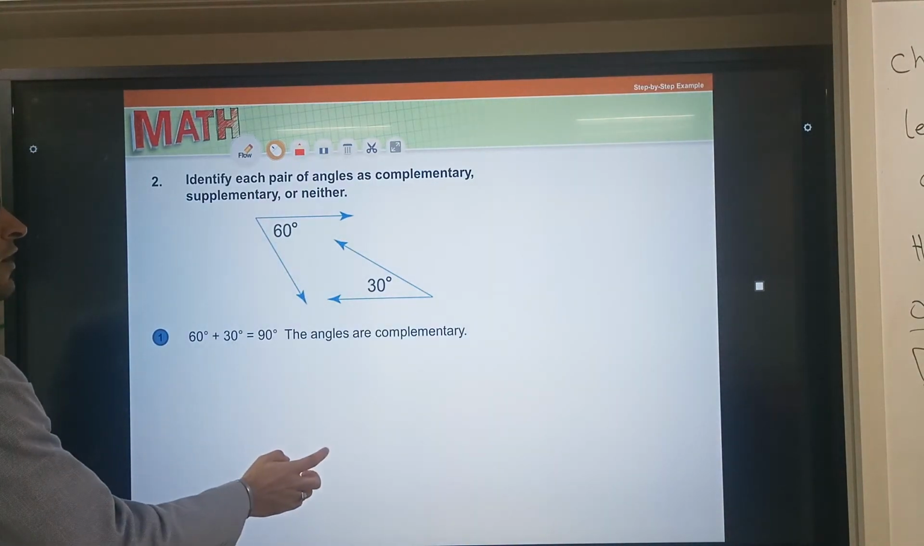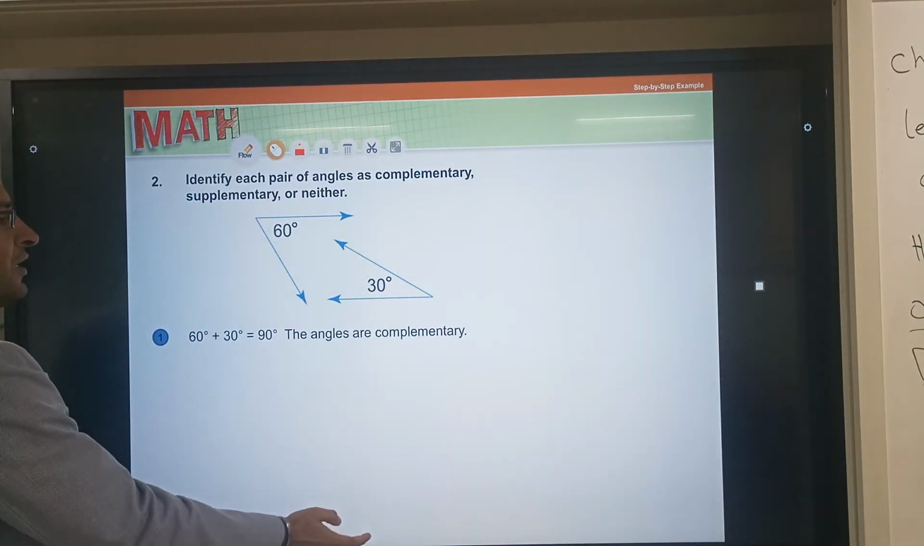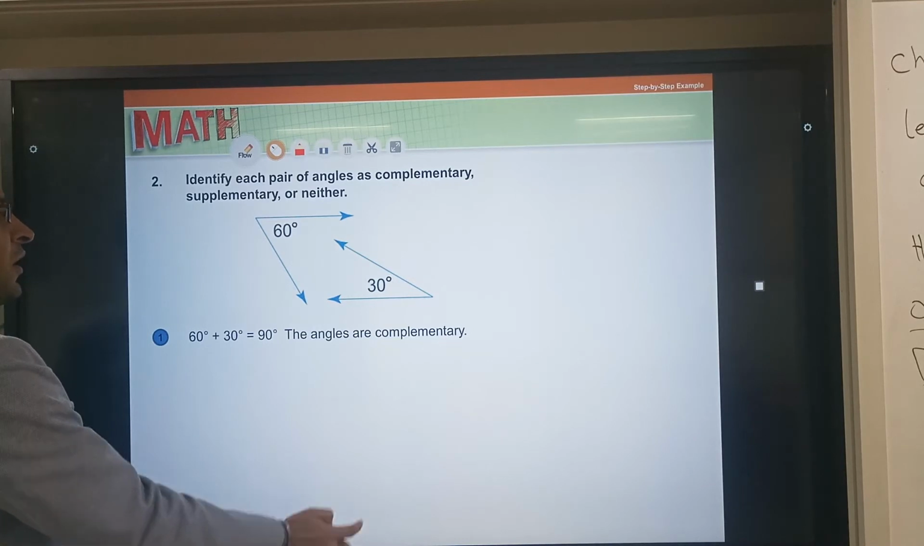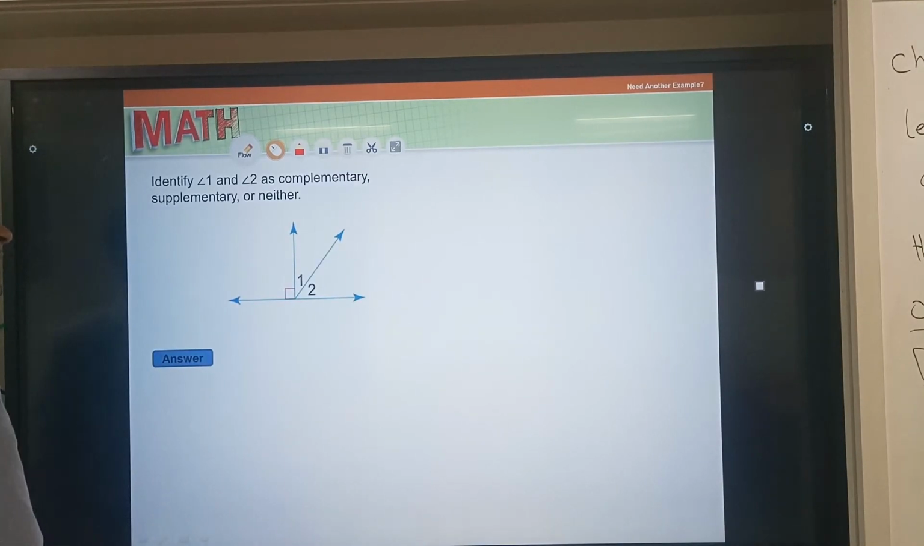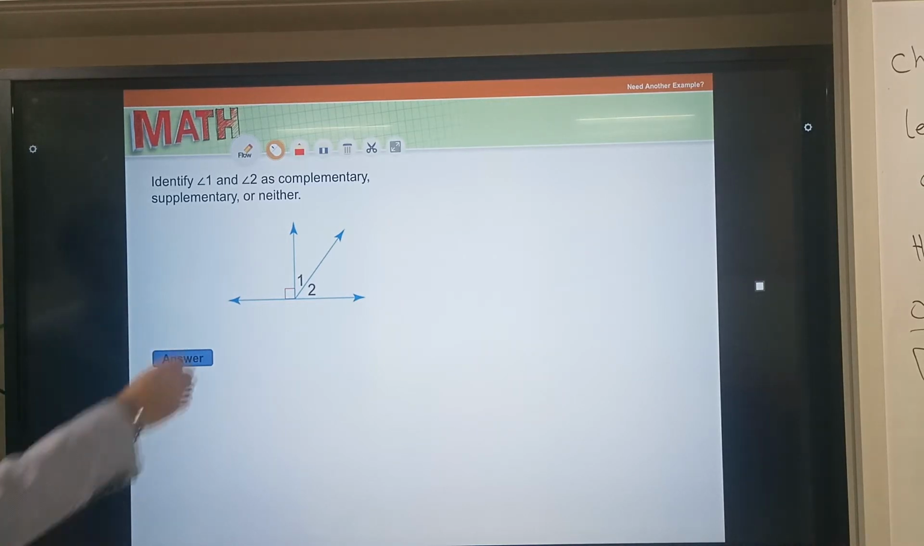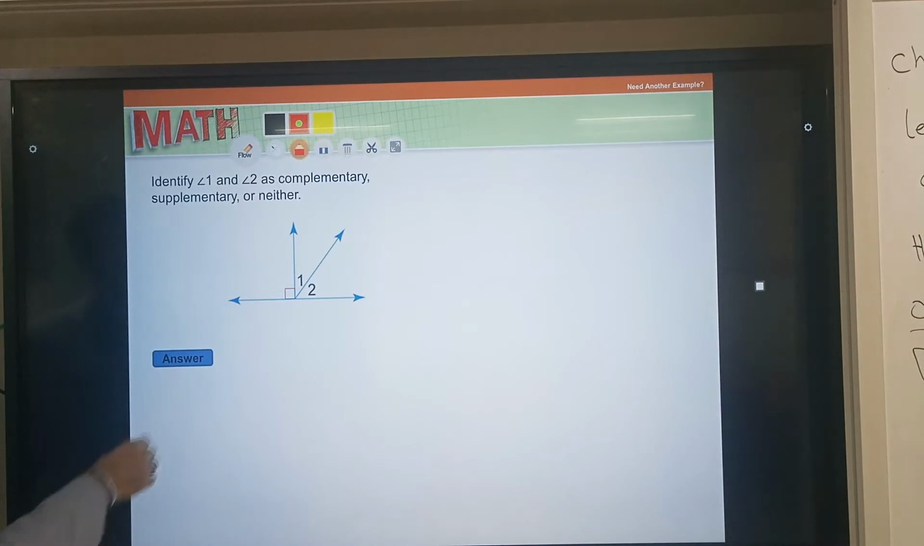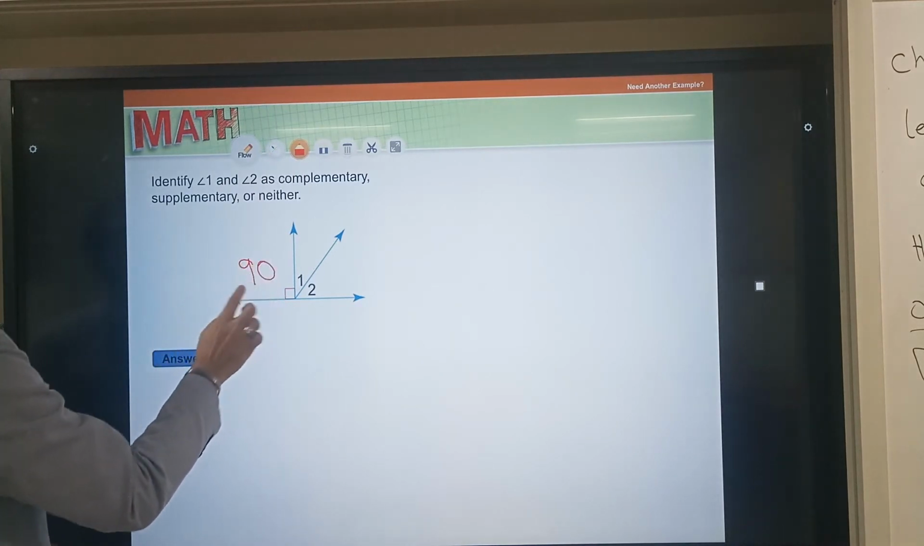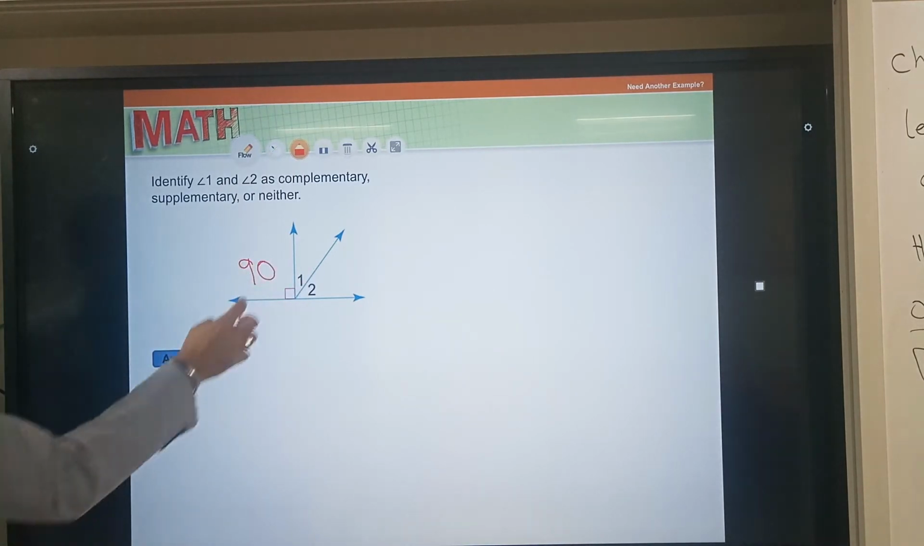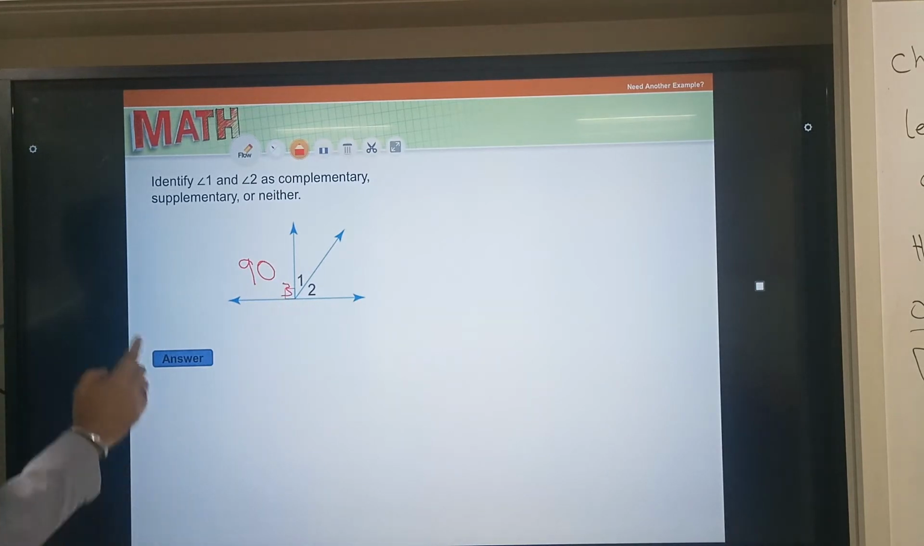So the sum of both angles, the couple of angles, is equal to 90, so they are complementary. Here we need to look into that. He said angle 1 and angle 2. Yes. How can I find the relation between them? I know that this angle alone, the back angle, I can call it angle number 3, the measure of it